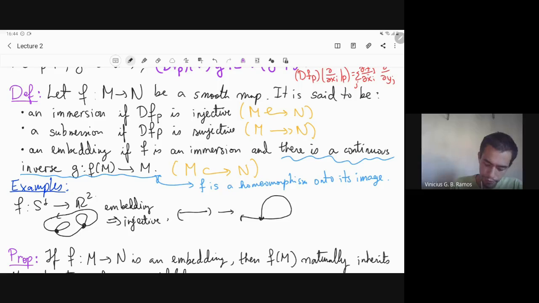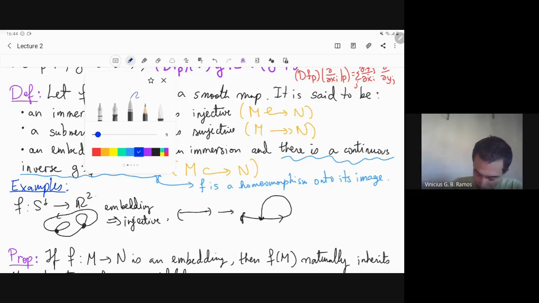So here you see the image, this is an open interval, and so we wrap it like this, and then all the way here. And this is interesting because this function is injective, and it's an immersion too. We can parameterize it so that the derivative is never zero, but it's not an embedding because when you look at this point here,